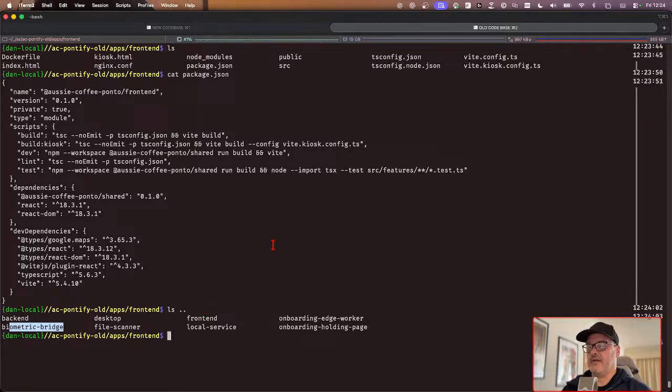But at the moment, I'm using the front end as a way of getting into the head of the vibe coder who built the project. So I'm in the front end. I've got a command here which is dev. So if I do npm run dev,